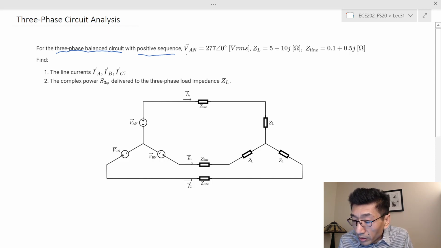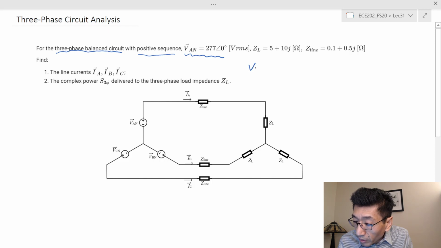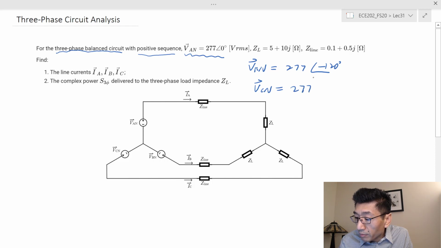So if you know one of these source voltages, let's see, here we are given the phase-to-neutral, or line-to-neutral, voltage for the A phase, V sub AN, that's 277 with 0 phase angle. That means we also know the phase angles of VBN and VCN, because they have the same magnitude, and the phase angle will be displaced by 120 degrees. So this is implicitly given: VBN is going to be equal to 277 at negative 120 degrees, and VCN is going to be 277